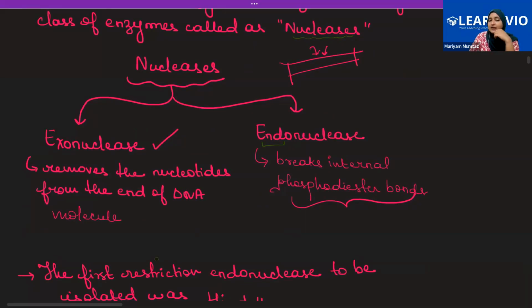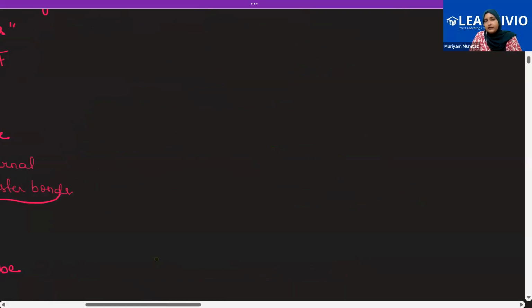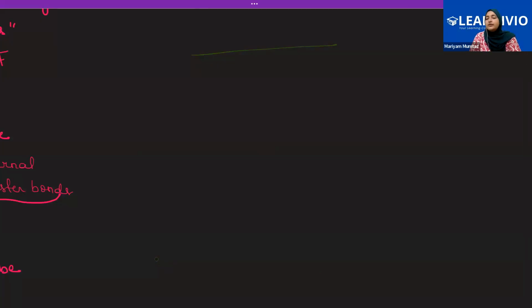And when they are going to cut at the end, then you call it exonuclease. So, the exonuclease removes the nucleotide from the ends of the DNA molecule. Whereas when we talk about the endonuclease, what they do is break the internal phosphodiester bond internally. Like for example, if this is a DNA molecule,